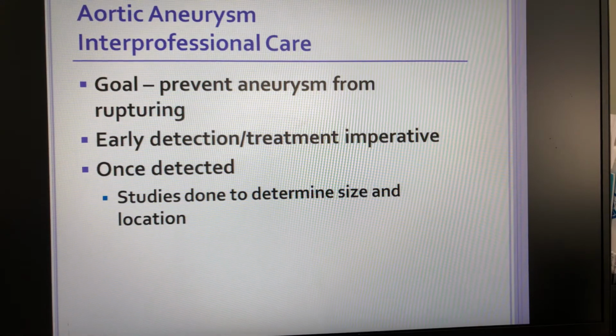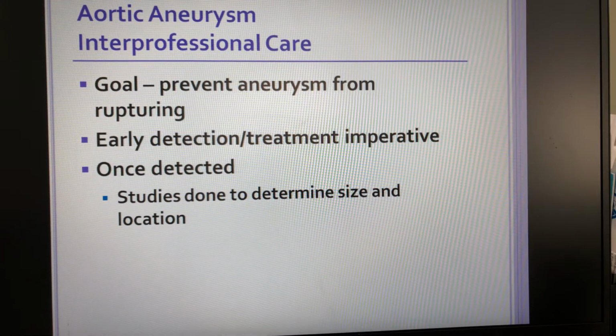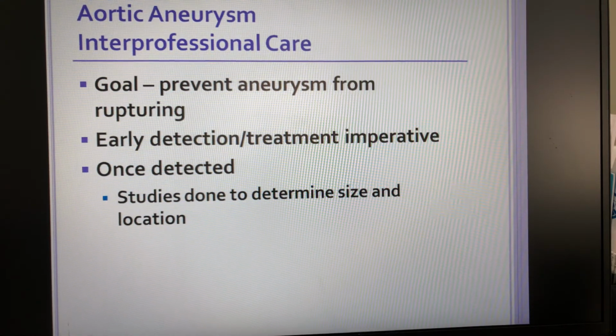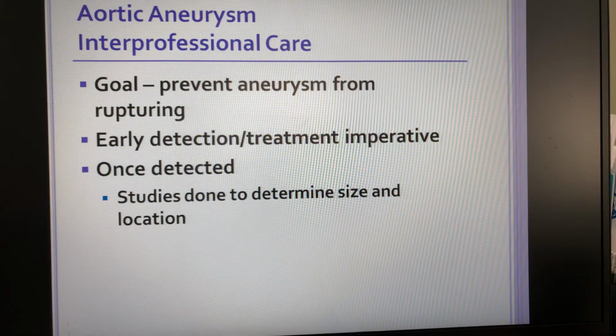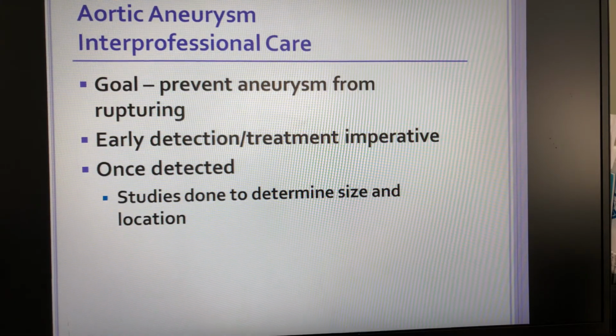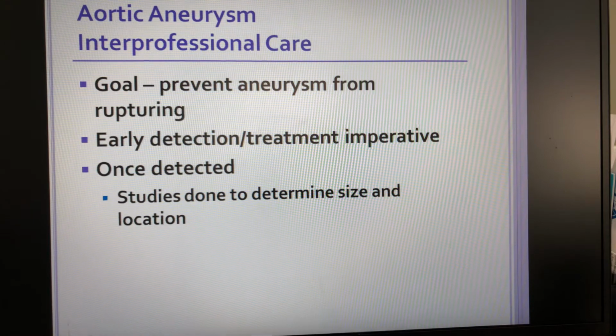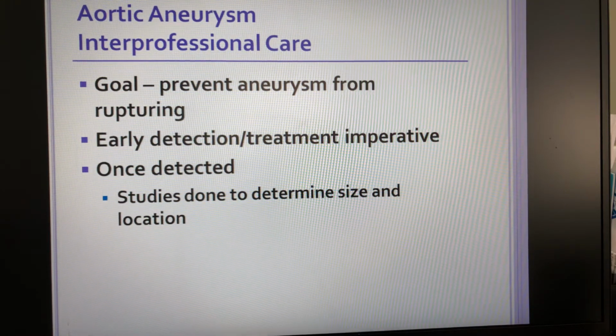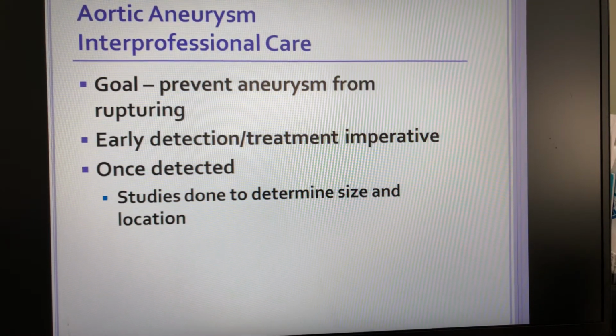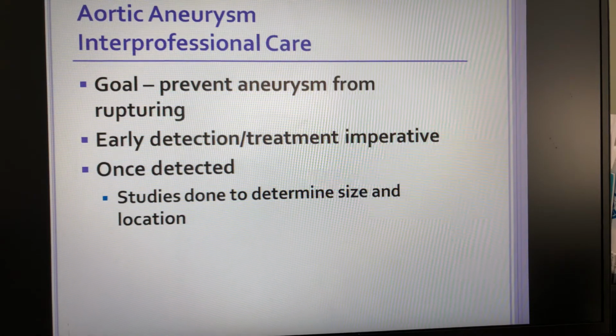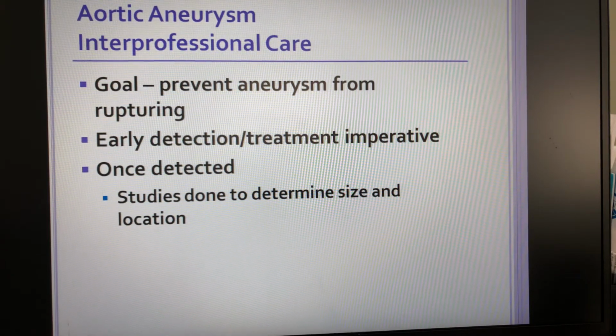As far as our interprofessional care, we always want to do a careful review of body systems in order to identify any comorbidities, especially anything involving the lung, heart, or kidney, because they may influence the patient's actual surgical risk. So our goal is to prevent rupture of that aneurysm. Early detection and treatment is imperative, and once that aneurysm is detected, studies must be done to determine the size